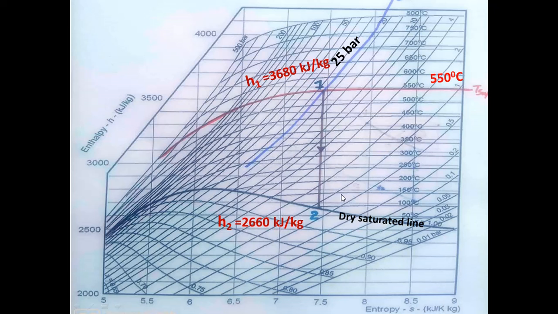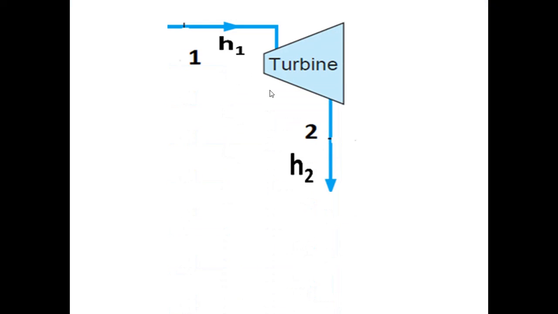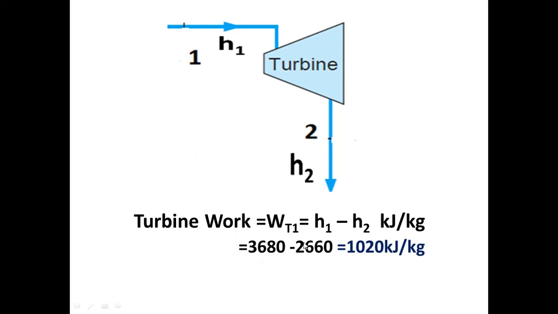Enthalpy H1, H2, you note down here. H1 is 3680, more or less this value you will get, and H2 is 2660 kilojoules per kg. And then work done on the turbine, WT, this is how you want to solve the problem. Do this in the side, don't write it in the main calculation. In the main calculation you write what is already shown in the full sketch, right? That one you want to write. Next, turbine work, you know turbine work.